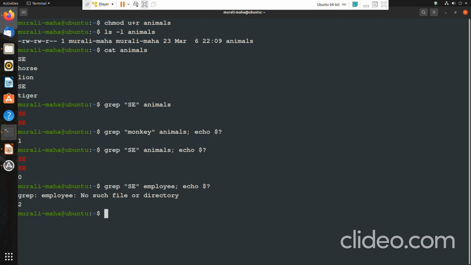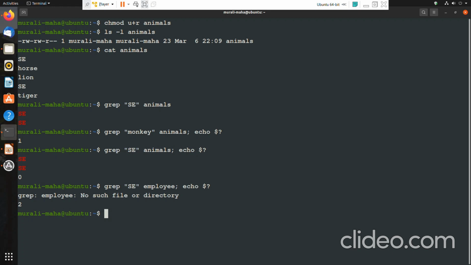So this is about the exit status of a command. A command, when it terminates, may terminate abnormally or normally. If it terminates abnormally, it returns any value between 1 and 255. If it terminates normally, it returns a value 0. Whatever value it returns, if the command is invoked from the shell, either from a shell script or from the shell prompt, the shell would be the parent of that command.